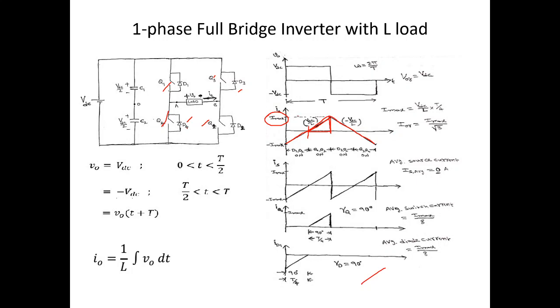The RMS value, how do we find the RMS value of this current? That is equal to the maximum value by root 3. For a triangle, we know it is the maximum value by root 3. Similarly, if one wants to find out the source current, yes, you can. The load current is the same as the source current when these switches are conducting. And when these two switches are conducting, the load current is the same as minus the source current.